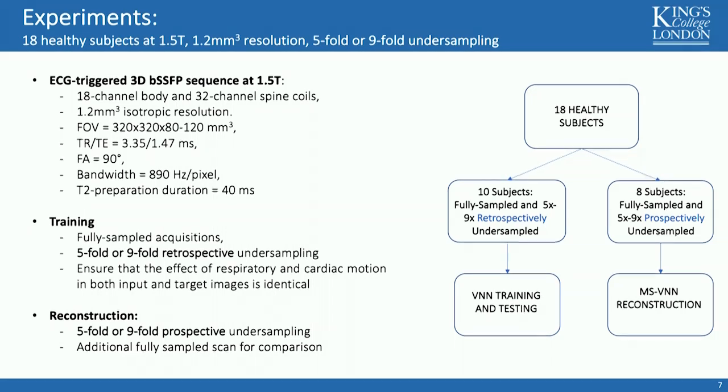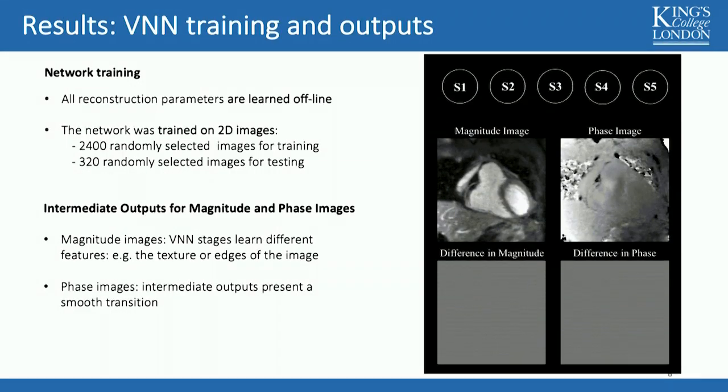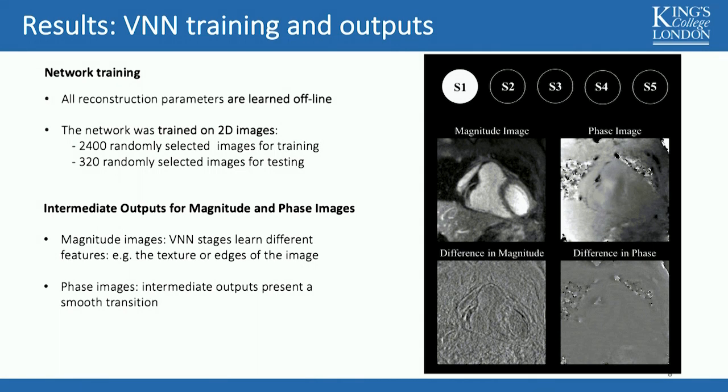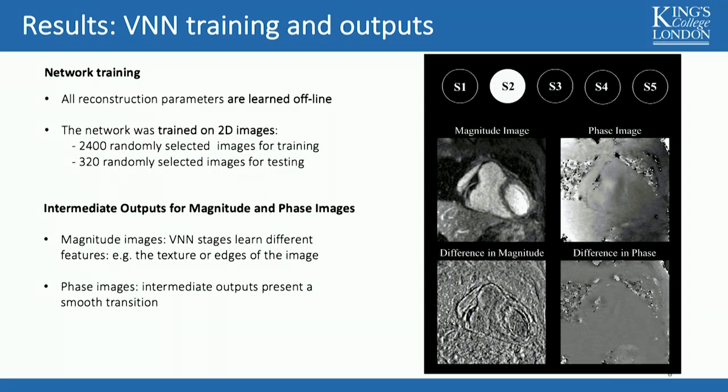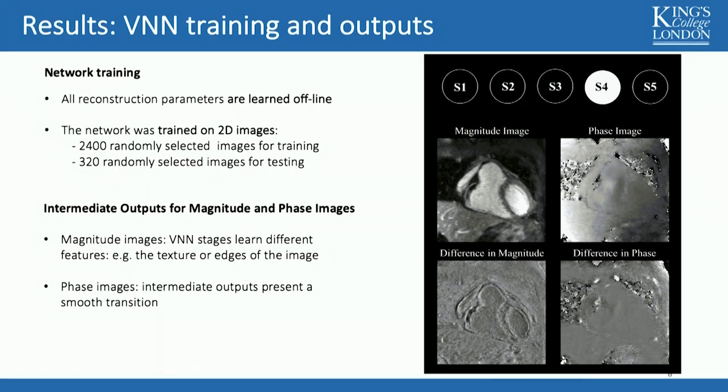The remaining 8 subjects were used for evaluation of the reconstruction and were prospectively 5-fold and 9-fold undersampled. The network was trained on 2D images, so 2,400 images were used for training and 320 for testing. And all the reconstruction parameters were learned offline, including